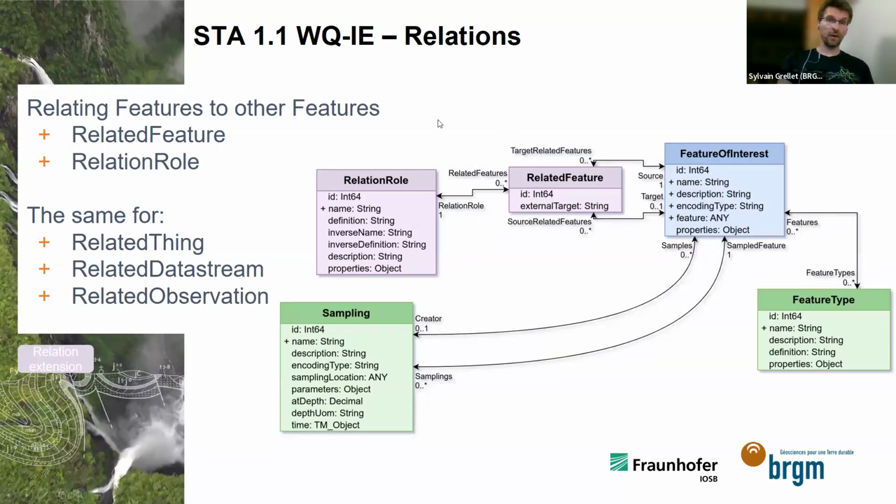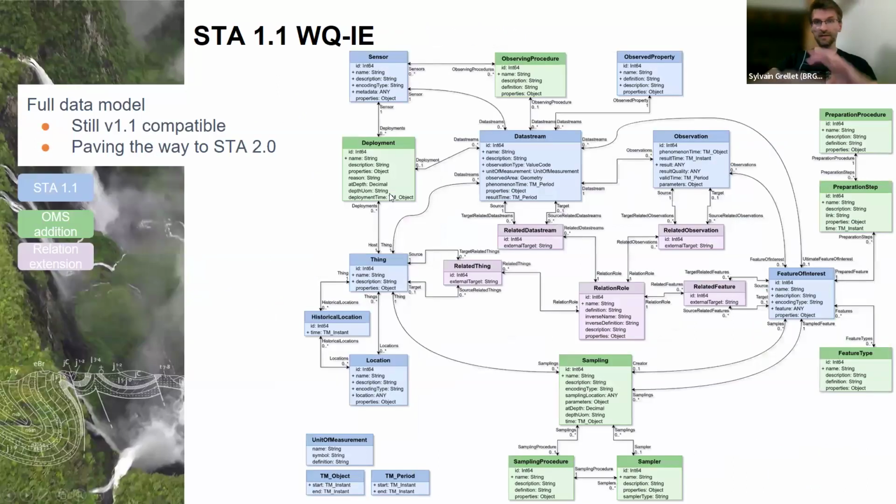Given that after a couple of years of using SensorThings, also in OMS, a lot of features can be related to another. Like you can relate an observation to another. You can relate a collection to another, etc., etc. So we introduced as well a relation extension, that comes in pink in the schema, and that's the output